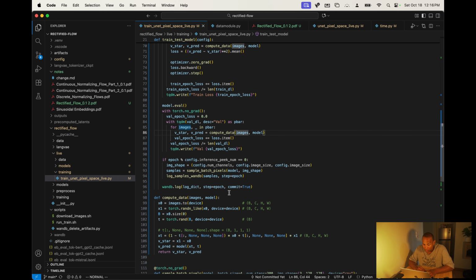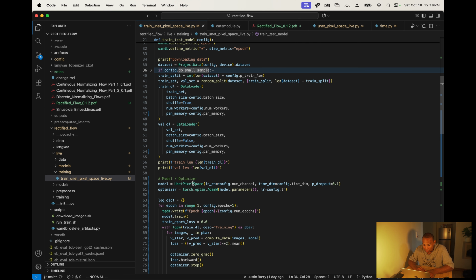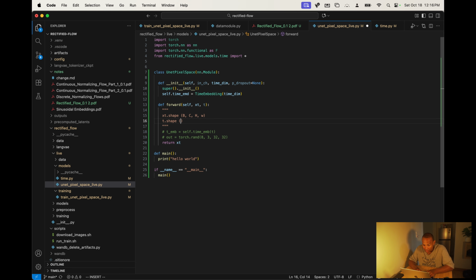Now our model, which is UNet pixel space, its forward is expecting an xt and a t, right? Xt dot shape is going to be b c h w. T dot shape is going to be b. That's what it's expecting. Now for this example, I'm just going to make a simple MLP